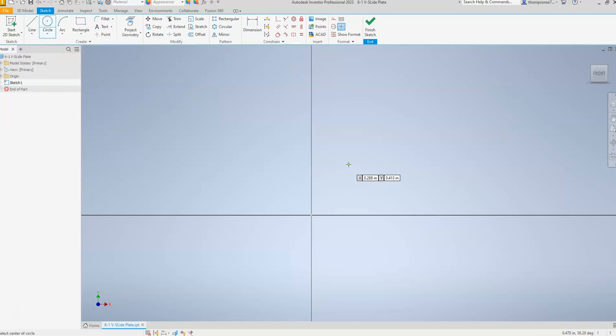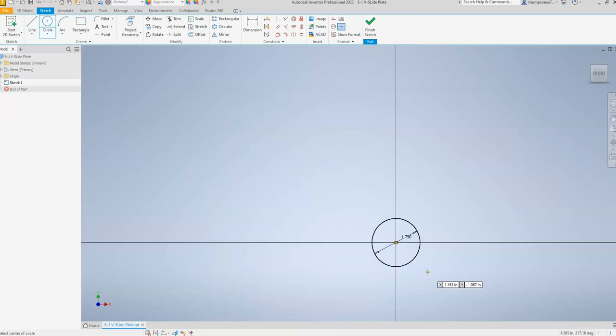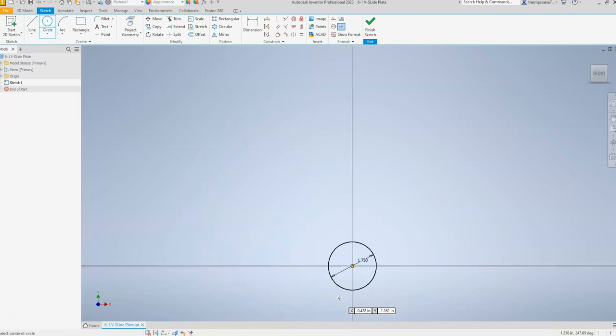So we'll start with the center circular feature. Place that right on the origin like I always do. And I don't feel like doing math today, so I'm going to let Inventor do it for me. Shows us that we have a radius of 0.875, and I want to multiply that by 2. Okay, so that gives us 1.75. Okay, so now what I'm going to do